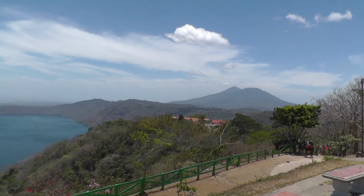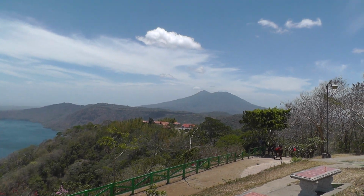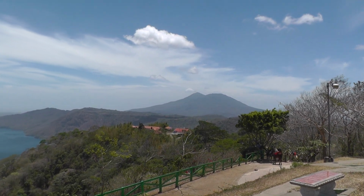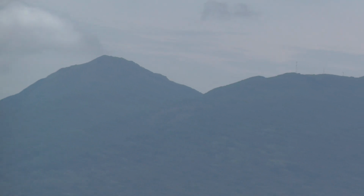Here we are in a town called Catarina. Way up there is a volcano called Monbacho. It's still active. And it's a little far from us here, but we have